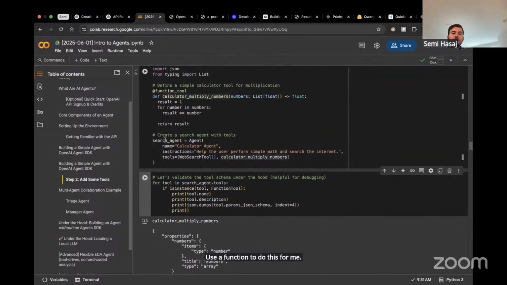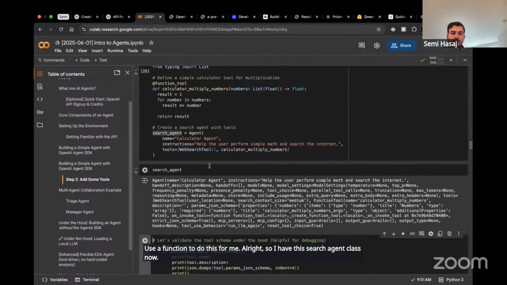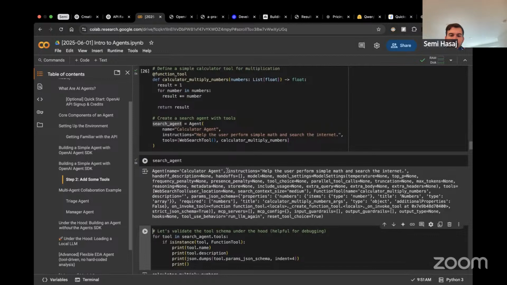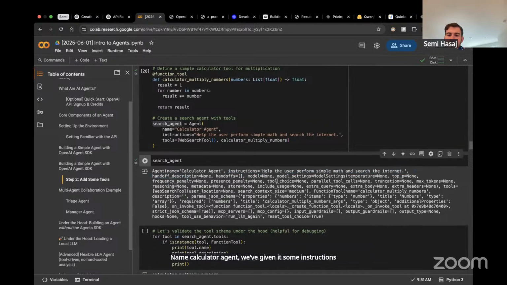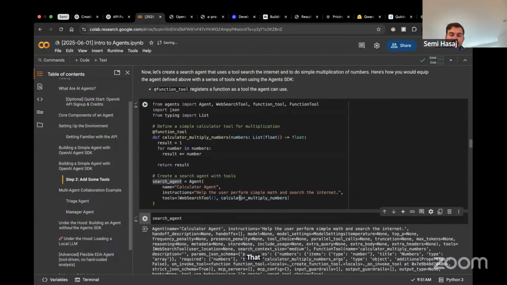All right, so I have this search agent class now. And we can see a bunch of the scaffolding going on under the hood in this class. Name calculator agent, we've given it some instructions, we have some settings for it, and we have some tools that it can use.